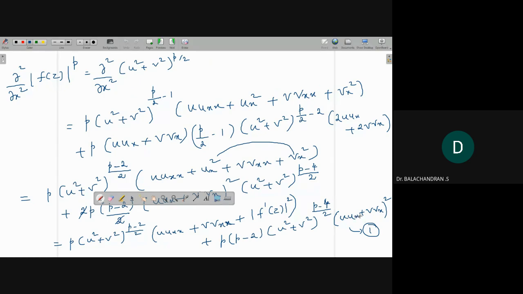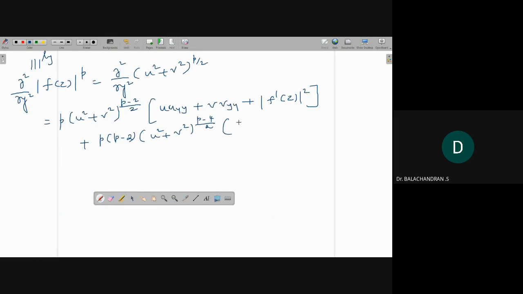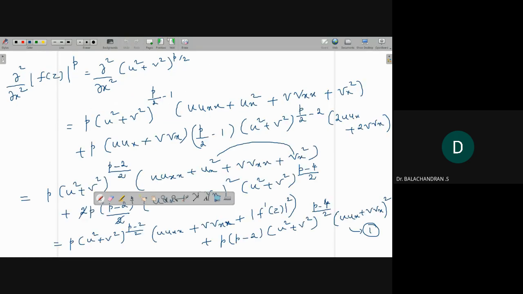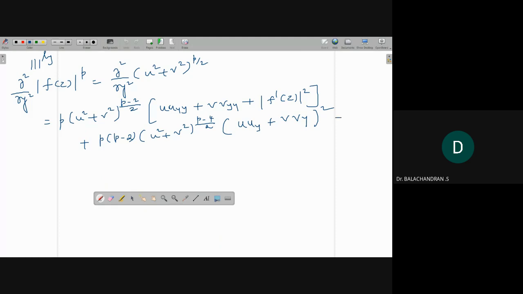Here we have what? ux plus vx whole square. Sorry, if it is x means here y, uy plus vy whole square. Okay. So now this is 2. Now adding 1 and 2,